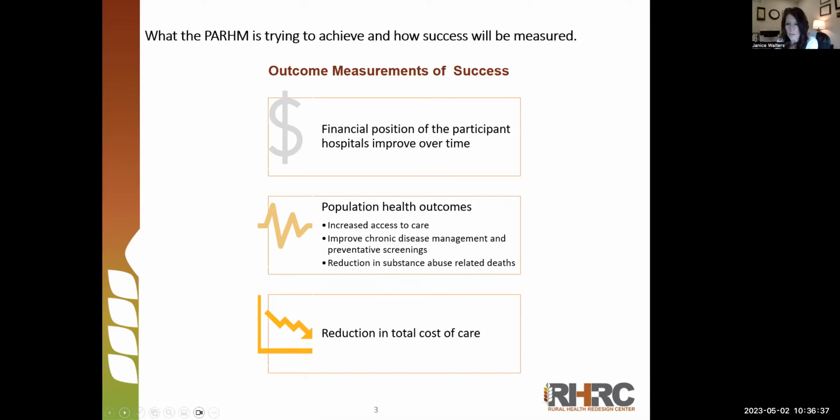So that was all part of the vision as Penn was put to paper back in 2016 and actually 2015 and 2016, to start visioning what this program actually could mean. There were some overarching goals that we were trying to achieve and measurement identified in terms of how we're going to measure success. First and foremost, we're testing an alternative payment arrangement for rural hospitals to see if we fundamentally change how rural hospitals are paid, can we actually provide a more stable financial position for our participant